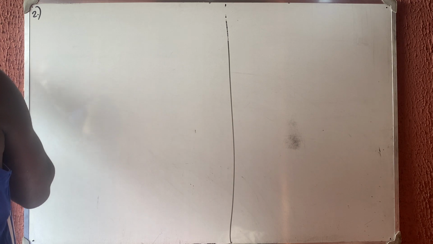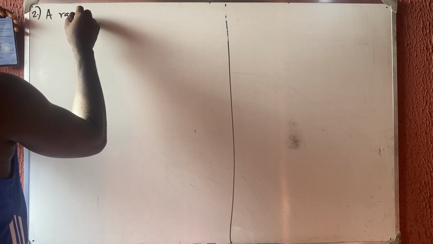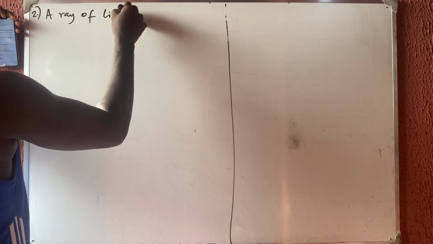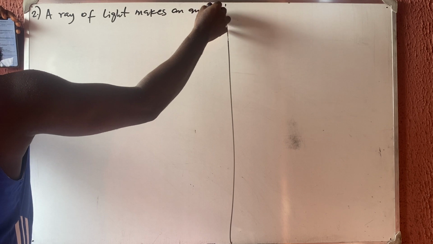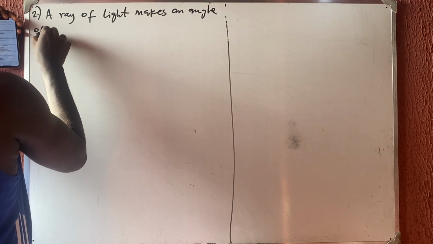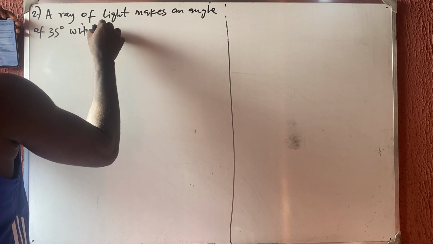Question number 2. I think we are going to solve how many questions here? Let me check. Okay, we'll be solving maybe around 14 questions or so. So get ready. The more questions you solve, the more familiar you are with the questions. So I have a ray of light. A ray of light makes an angle of 35 degrees with the normal